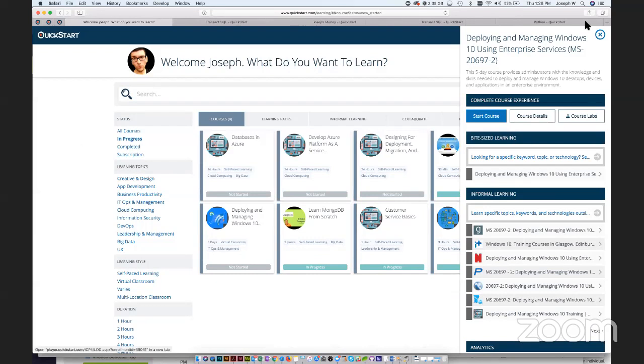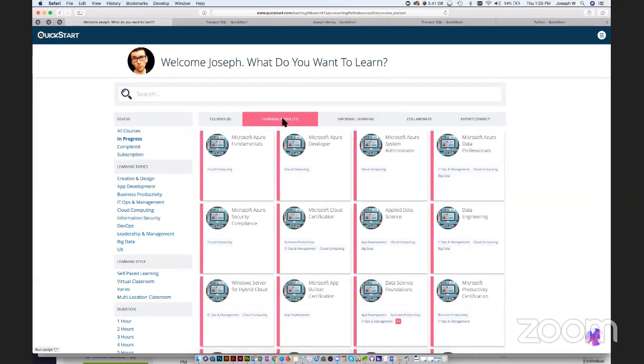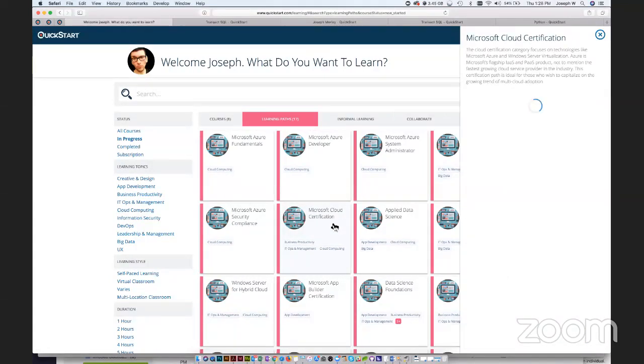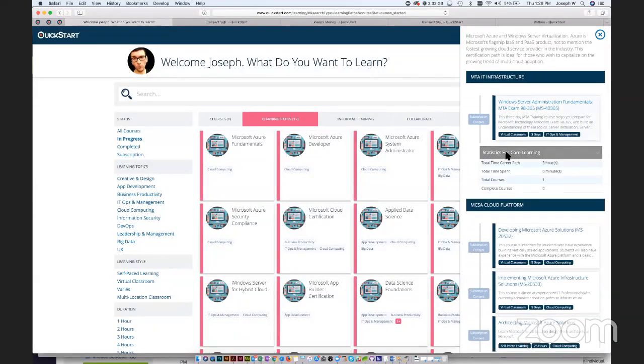So those are courses. The next tab is learning paths. Learning paths are structured paths of learning that you can come in and look at, and it's part of a subscription currently. But you can come in and see what you need to do in order to achieve Microsoft Cloud certification. You can see each level, MTA infrastructure, which classes are around it, and you can also see the statistics